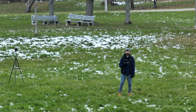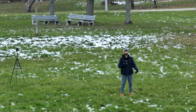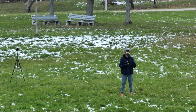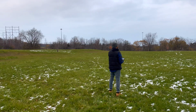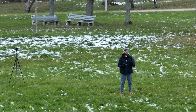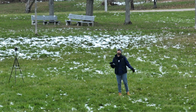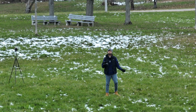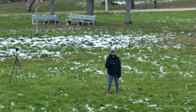Well, so far I really like what this drone has to offer. 5.1K up to 50 frames per second. That is incredible. And 4K up to 120 frames per second. And I like that they've included the Cine 4K format as well to shoot in. And yeah, I don't really have a lot of complaints about this drone. It flies really good, and the battery